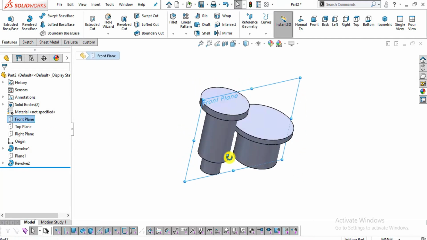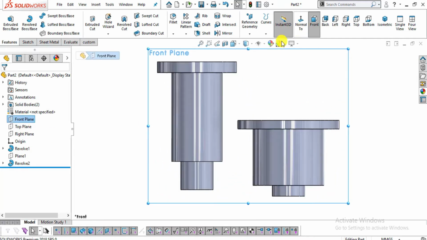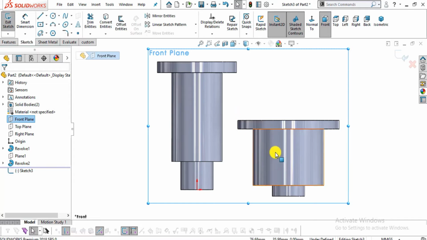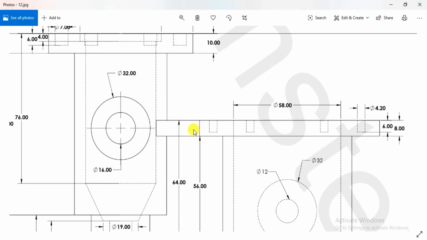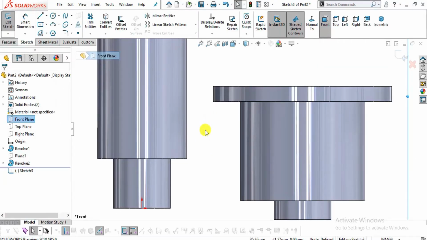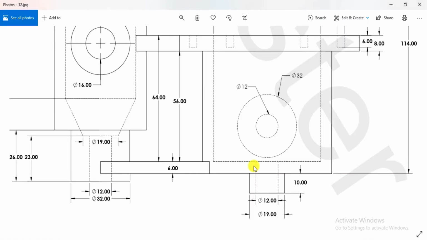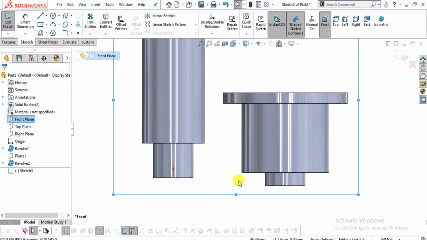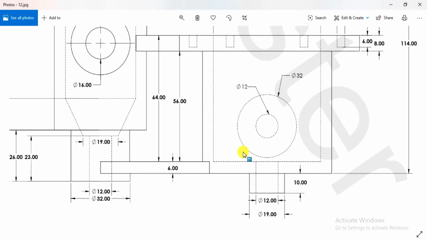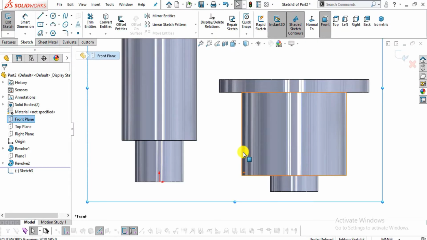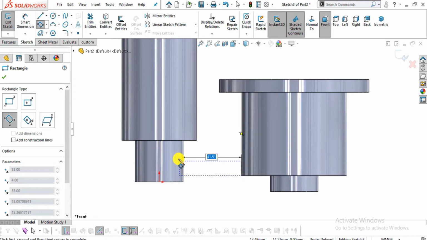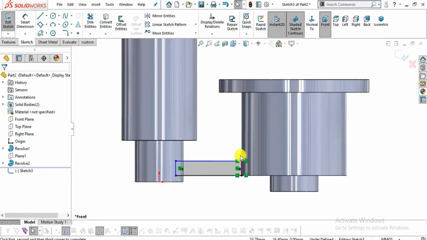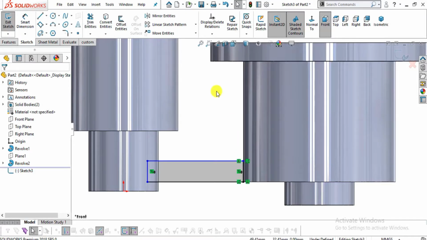Now I am going to use this front plane to sketch. Now click here sketch. Now I will create two rectangles here to create these bodies, which you can see. Select here 3-point corner rectangle, select this first point, second point and this third point, like this.